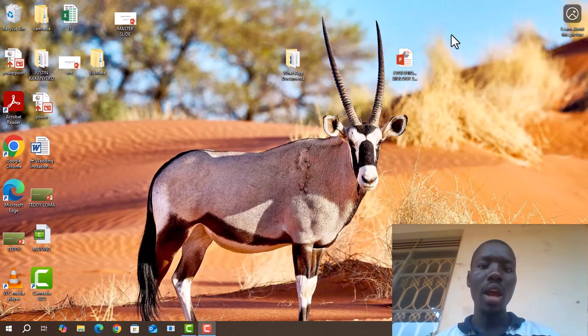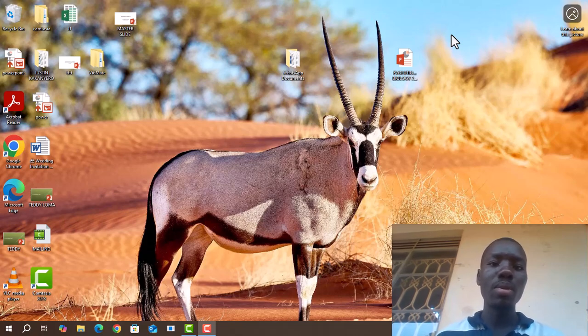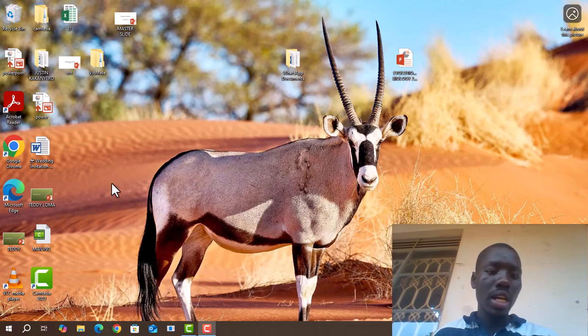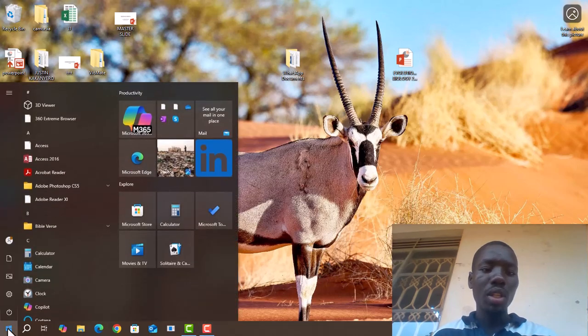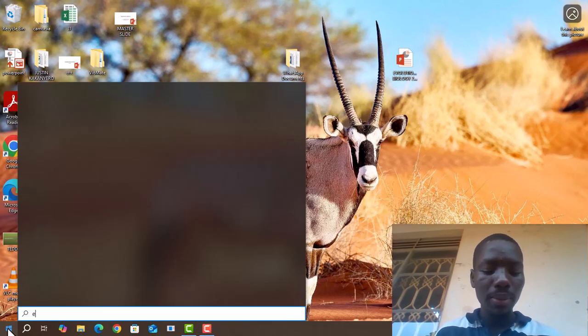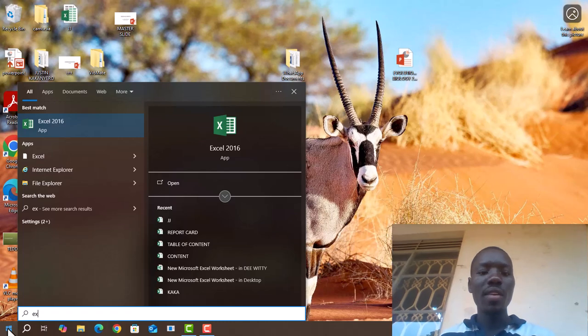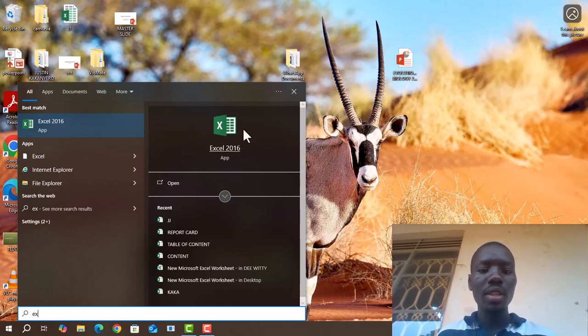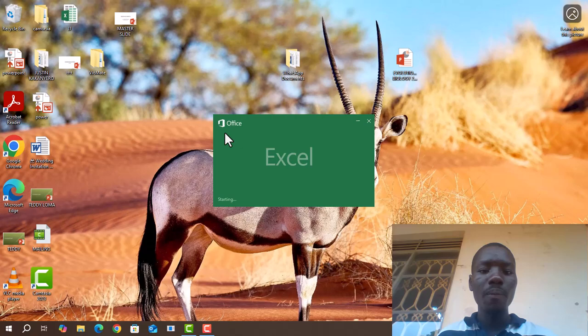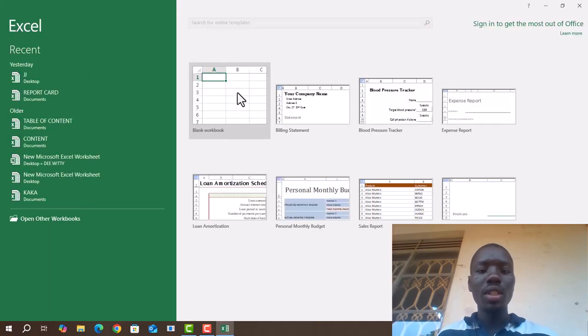in our computer. If you want to use Microsoft Excel, you can go to the start menu. It's located at the bottom left of our computer. You tap on it to open and you write Excel. As you are writing, it will just open like this, and you need to tap to open it. Yes, so this is what we call Microsoft Excel, and in Microsoft Excel we have what we call a